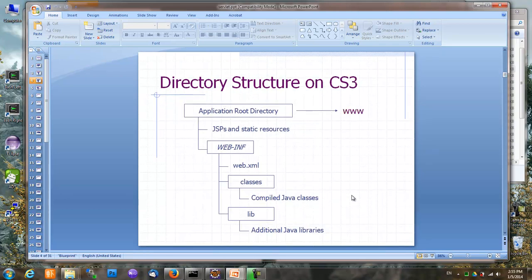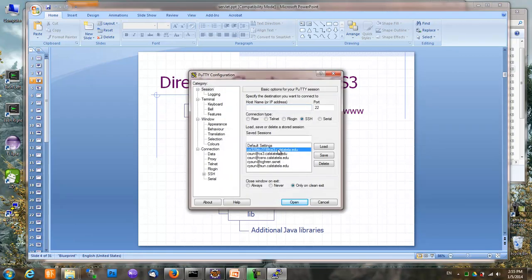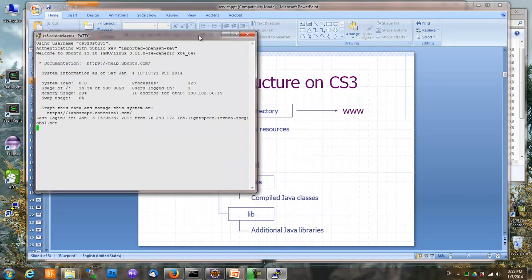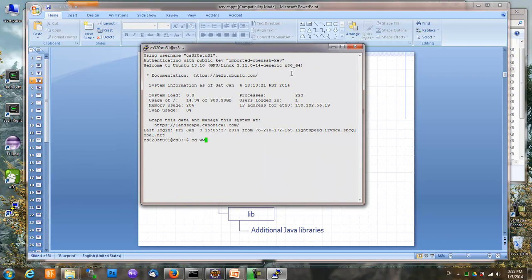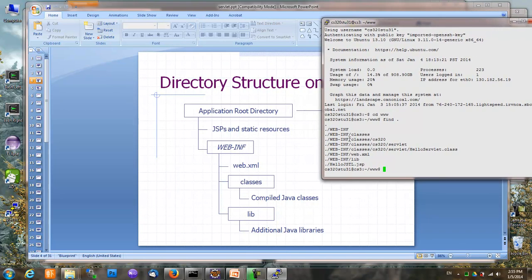If you log on to CS3, you can see that the www folder follows exactly this structure. Let's take a quick look. So I'm going to log on to my CS3 account, and let's go under the www folder and let's see. As you can see, under the www folder we have WEB-INF, and under WEB-INF we have classes, and our compiled